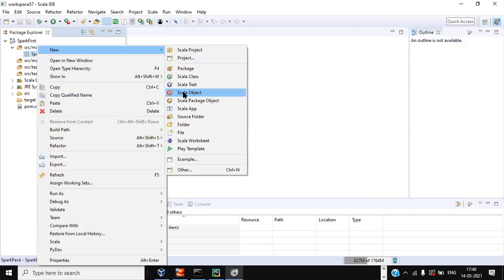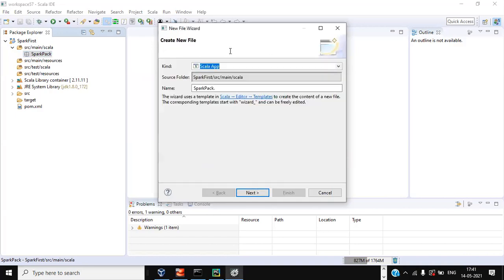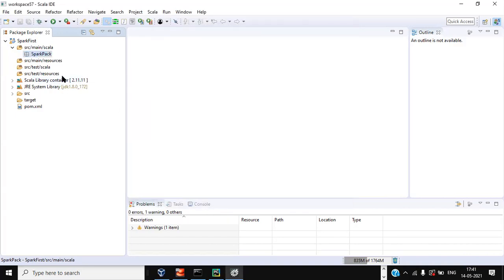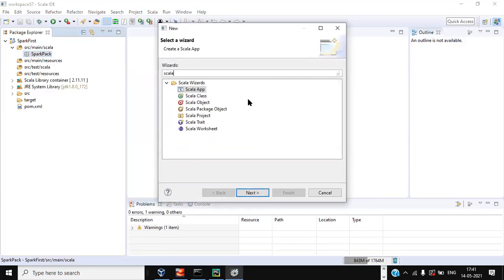Folks, in case you are not able to see these Scala traits, or anything on the Scala part, don't worry. Go to Other, type Scala here. You will see Scala Object here.